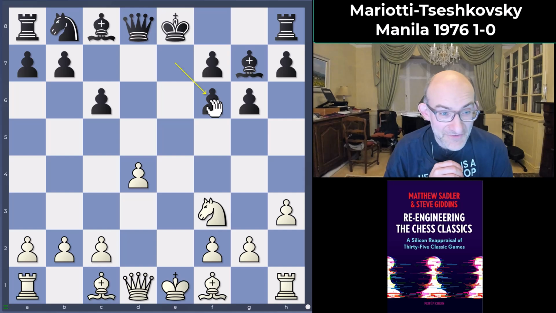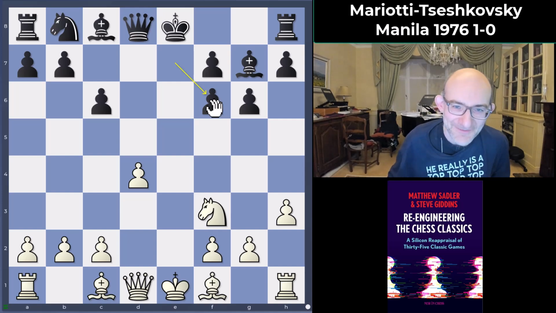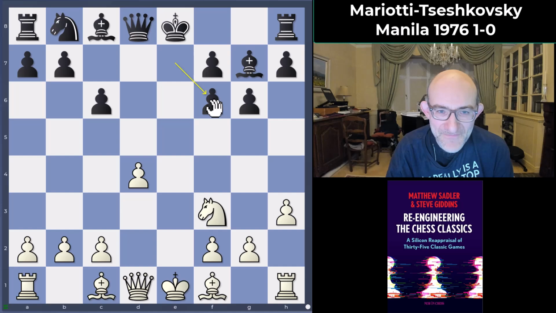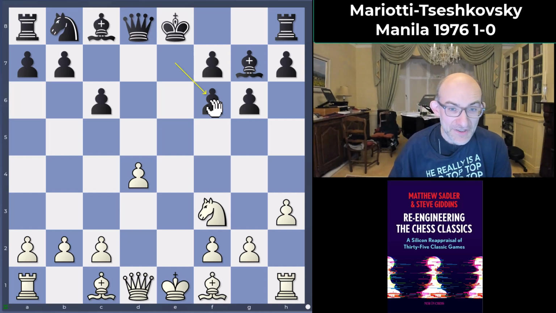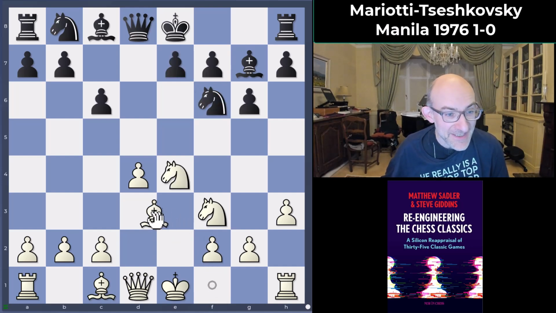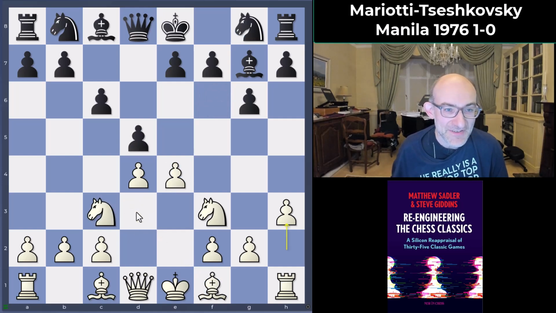Actually, the engines consider it to be almost equal. They really don't think that white's got much advantage here at all. I've been playing it a lot in blitz and scored very well with it indeed. I'm going to have to do a video on that sometime. But that's now meant to be the best line. Of course, white doesn't have to take on f6. White can play bishop d3, and that's actually going to transpose into this game, because after knight f6,